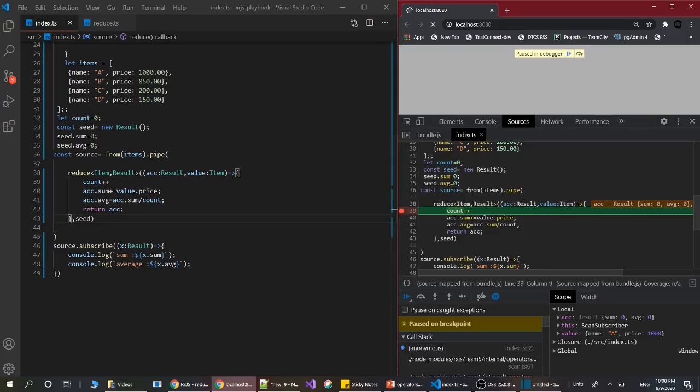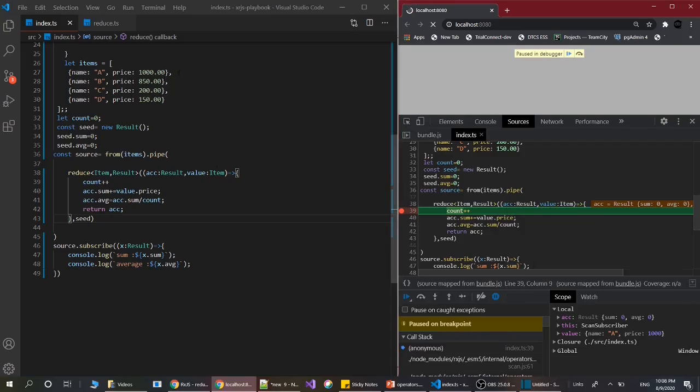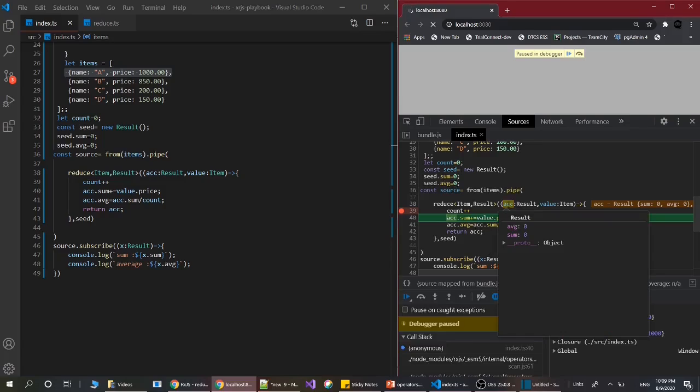When the first object comes here, that is a and 1000, which is our first object inside the reducer. Now we are going to increment the count and press F10 to go further. Our initial seed value is sum and average 0, and by putting the cursor over them we can see the average and sum value is 0.